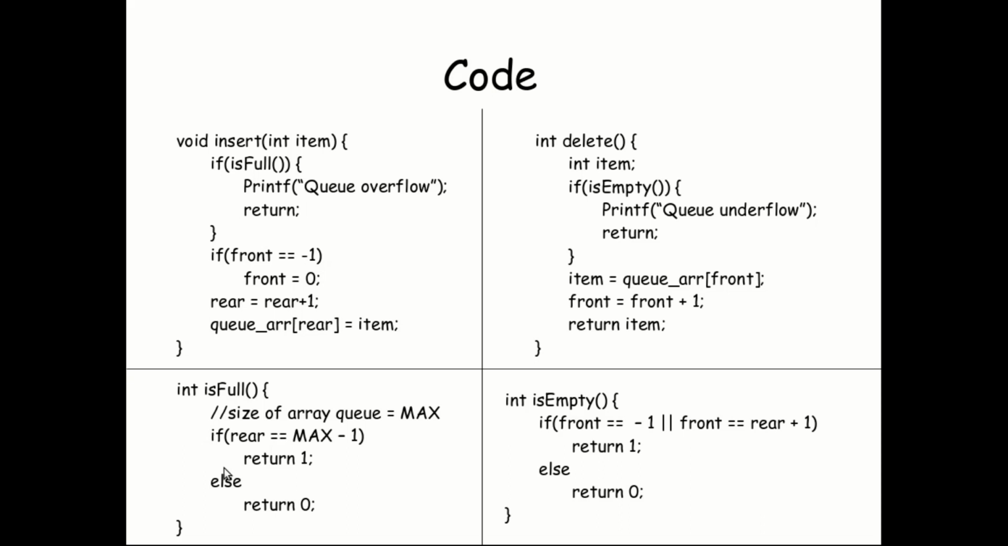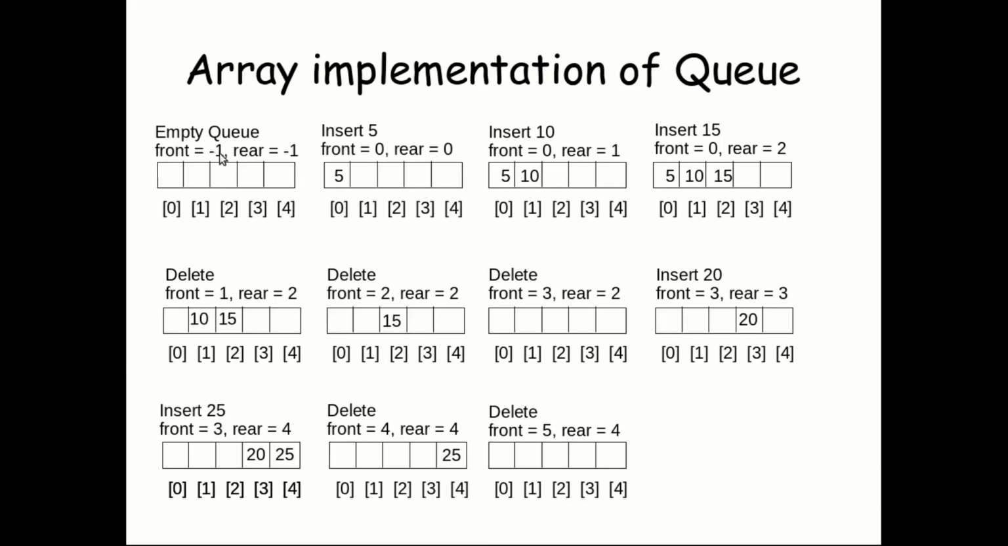So this is the condition to check if the queue is full or not. Simply, if the rear equals max - 1, then we will return 1, else return 0. What is max? Max is the size of the array or the queue you have considered. In this case, I have considered an array of size 5, that means a queue of size 5,